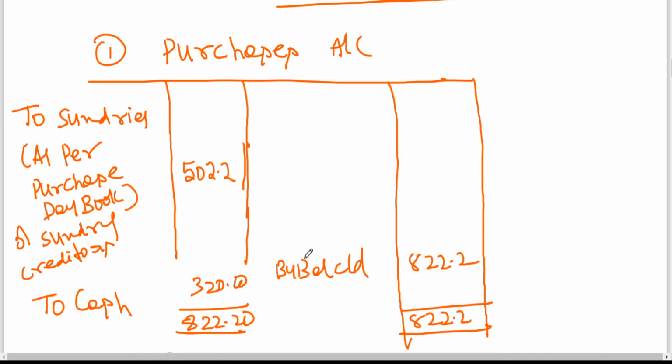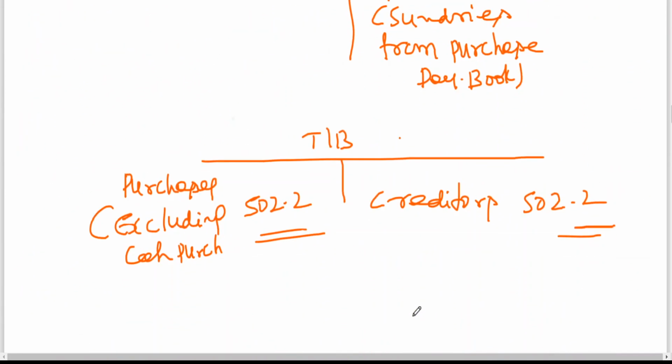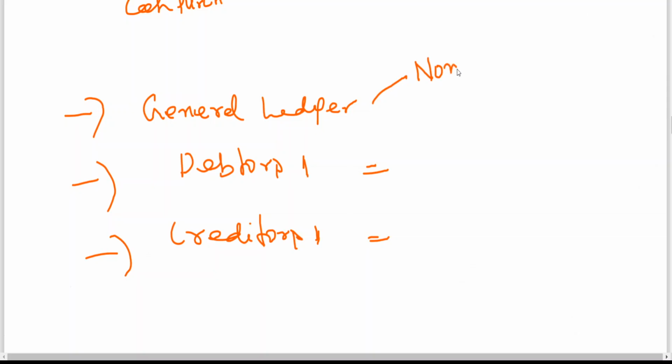Hope if I am not confusing, my dear friends, let me tell you, we are having the ledger accounts classification: general ledger, debtors ledger, creditors ledger. How many ledgers are there? 3. General ledger, debtors ledger, creditors ledger. General ledger: nominal accounts, real accounts, and personal accounts